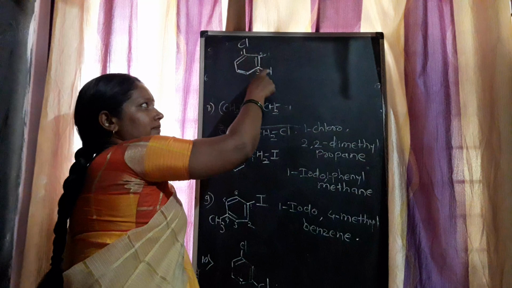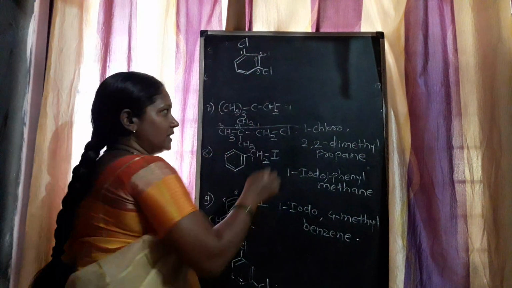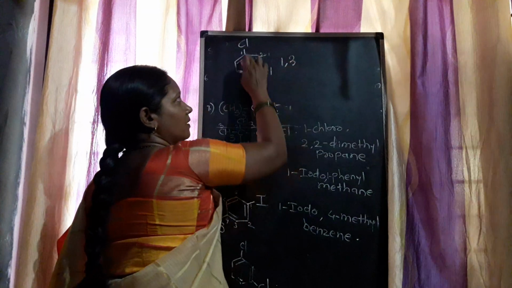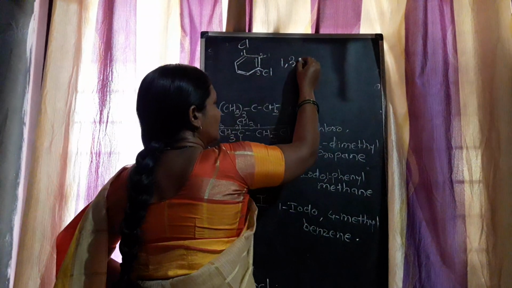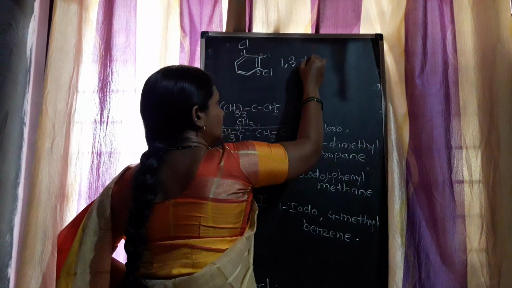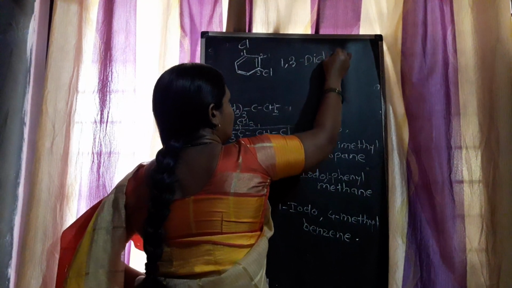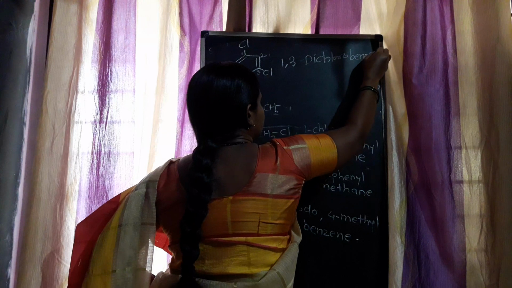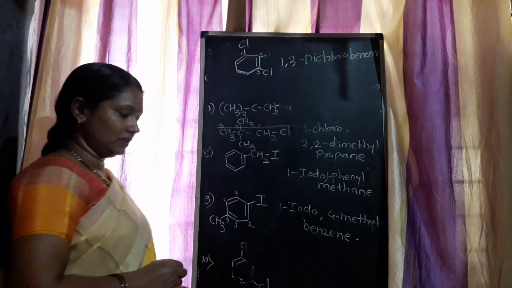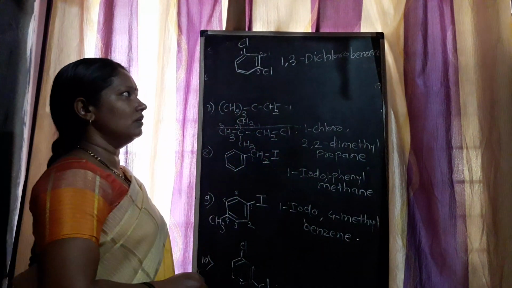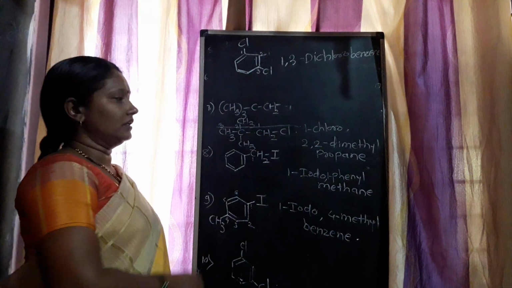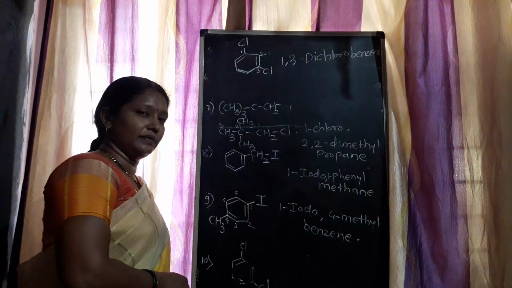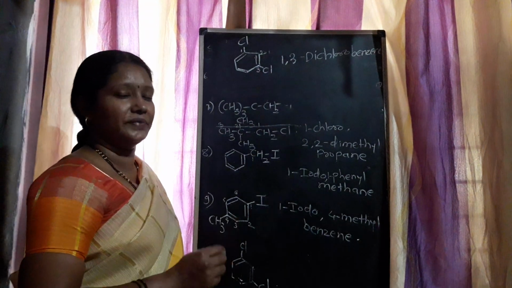Here the same substituents are present. The numbers are 1 and 3. 1,3-dichlorobenzene. Then this is the nomenclature of the halogen derivative. When you see this video, students,